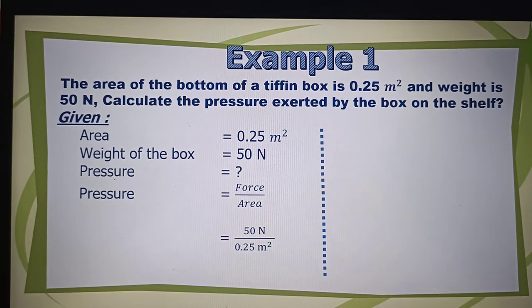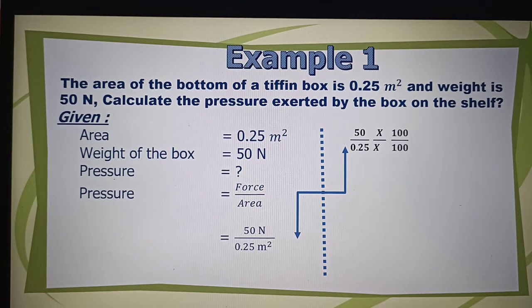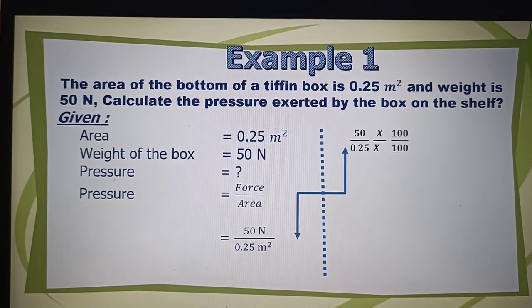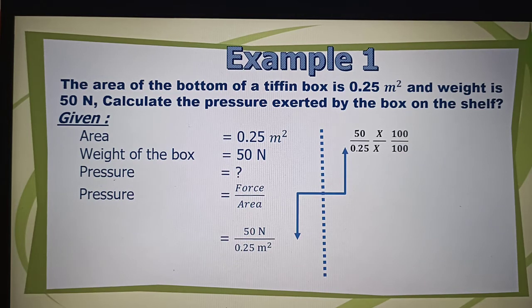So next we have to solve this. How to solve? See the denominator 0.25. So that means it is a decimal number. First we have to convert into a whole number. For that we have to multiply by 100. Why we are multiplying by 100? Because after the point two numbers are there, that is 2, 5. That's why we have to multiply both by 100 on numerator as well as on denominator.